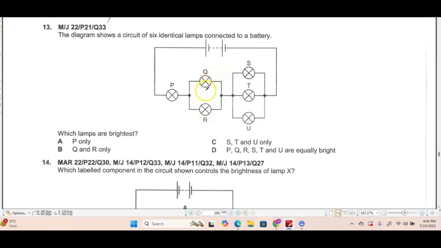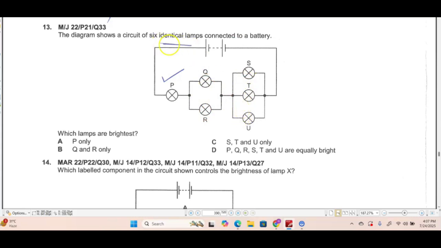When resistors or lamps or components are connected parallel to each other, the resistance decreases. Here there are 2 lamps connected parallel to each other and then altogether there are 5 lamps connected parallel to each other. So this lamp is going to be the brightest because the resistance of these lamps is less than